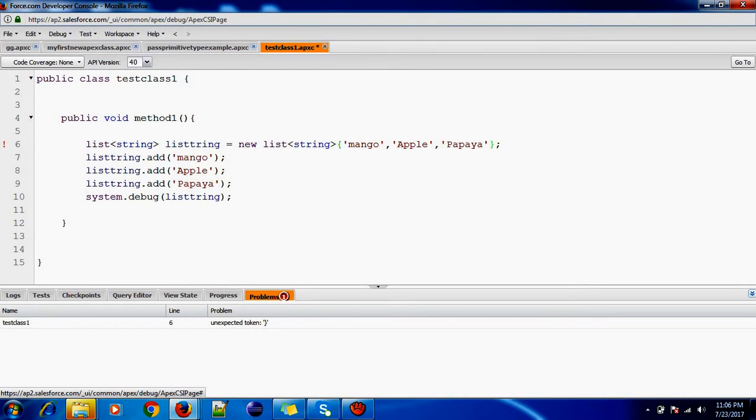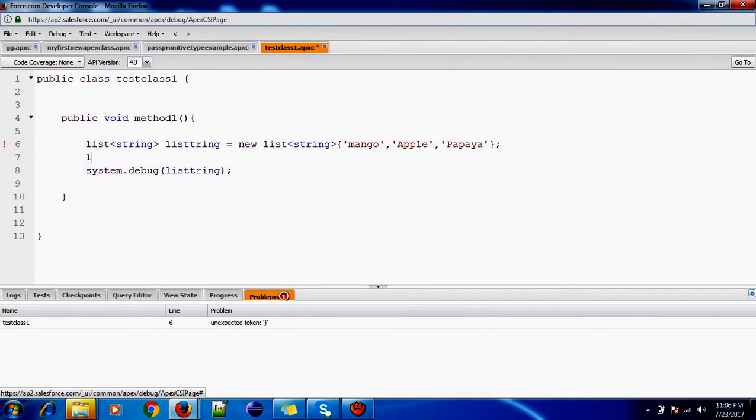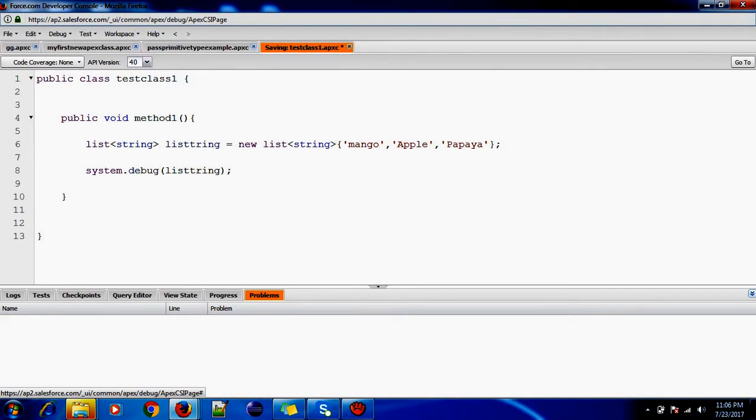Okay, so now we don't need this. So we can add in the list this way also. This is the easier way to add it in the list. Okay, so we can see there are no errors, it got saved.